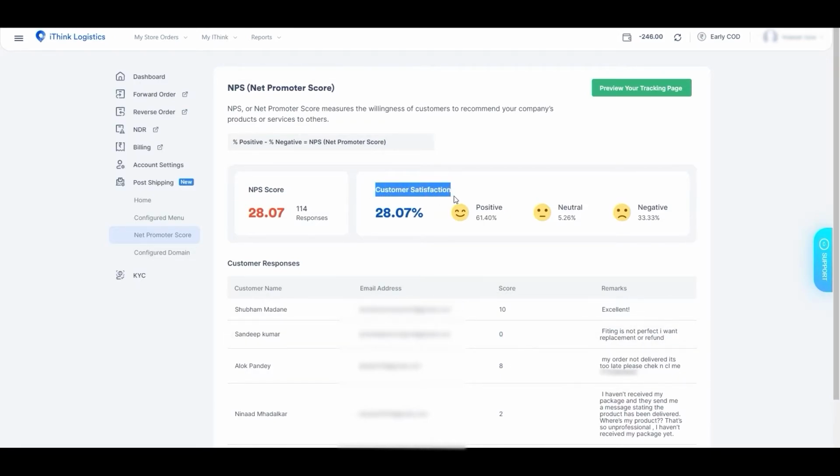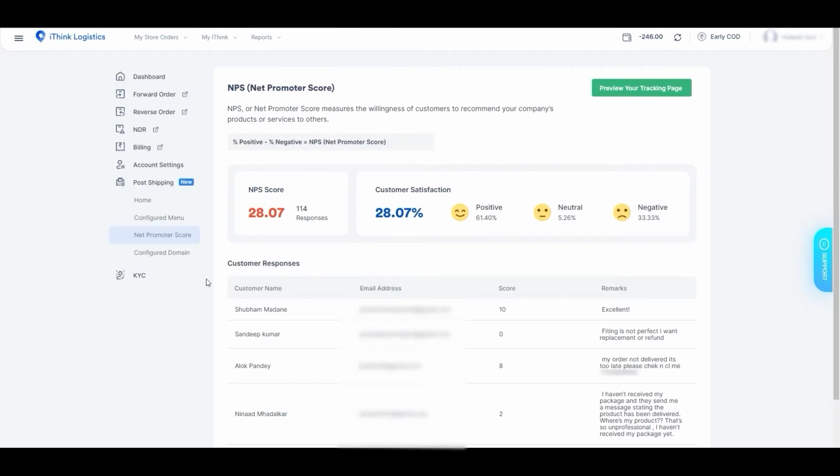The responses are recorded with 3 options. If the customer experience is satisfactory, then they can choose a positive response. If there is something that the customer didn't like about the service or product, then they can opt for a negative response. And lastly, if a customer is not sure, a neutral response can be submitted. The seller will be able to check the NPS score as well as the number of responses that have been received. Each response will display the customer's details such as the customer's name, email address, the given NPS score, and any remark. All NPS data will appear on the order tracking page.